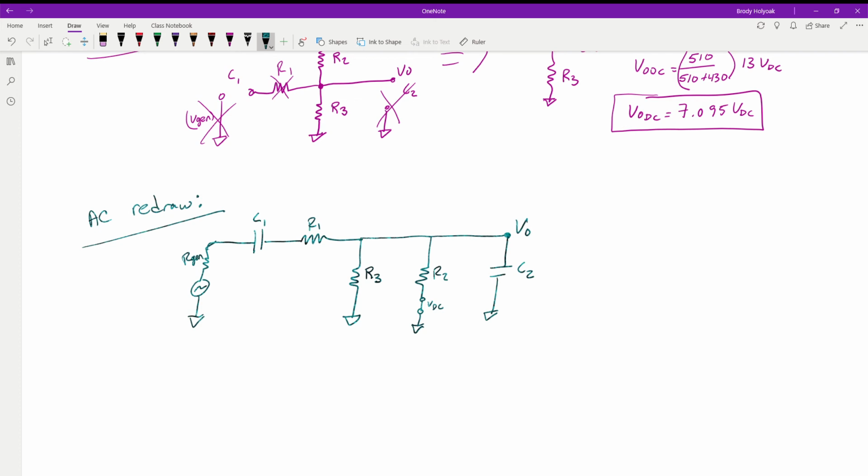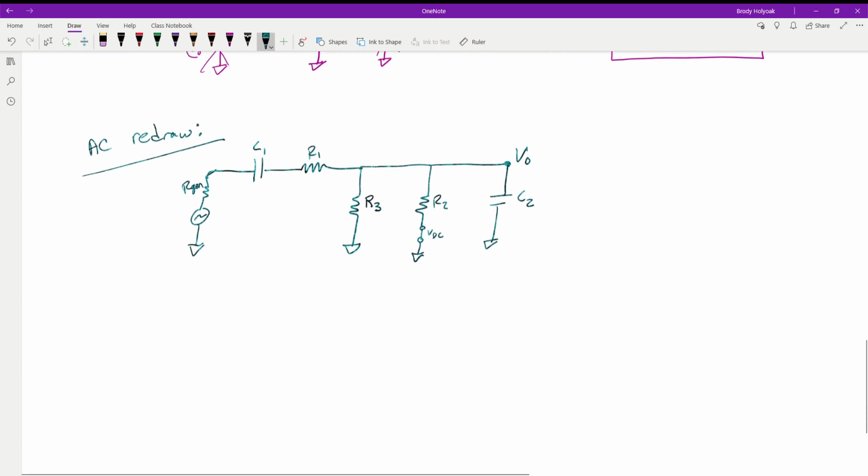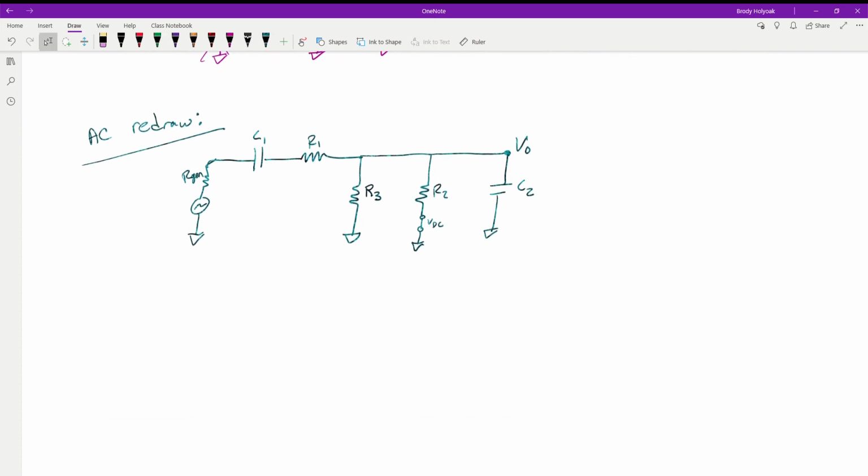Like I said, this is where everything is coming together. Now we're talking about series parallel circuits with resistors and capacitors. We're going to be talking about filtering. Everything is coming together with these. So now this is our circuit for our AC portion. Now we just have to solve and find out what the voltage drop is across this parallel branch, the voltage from V out to ground.